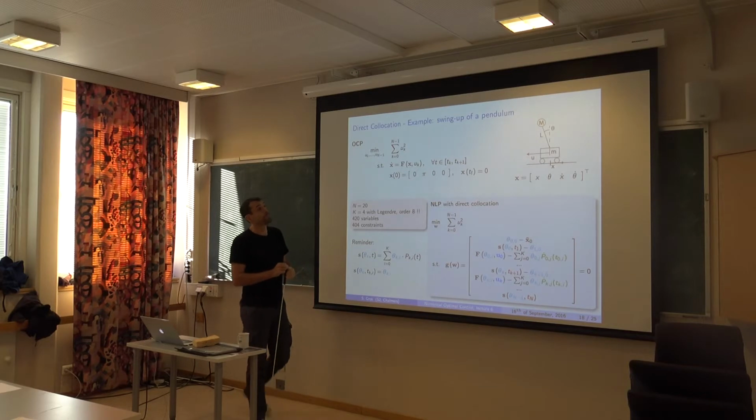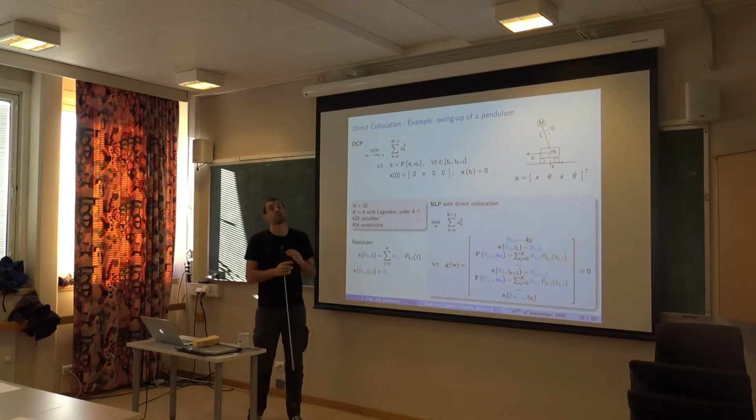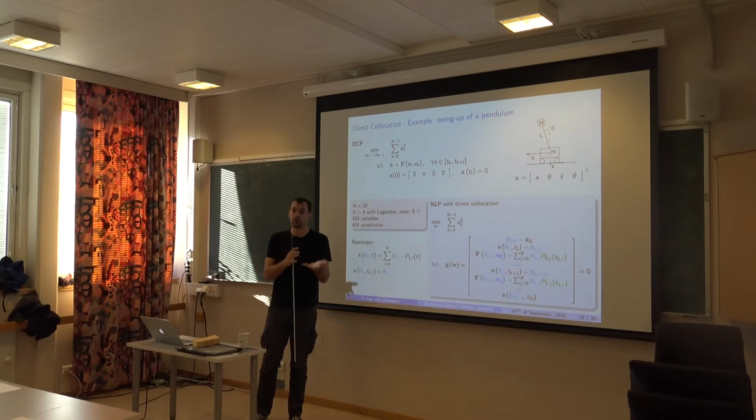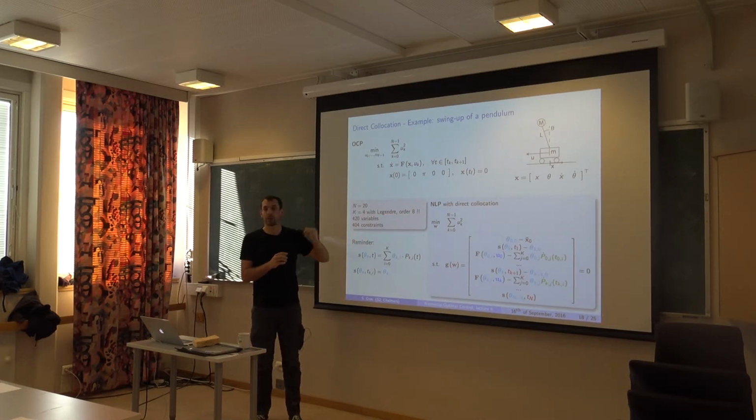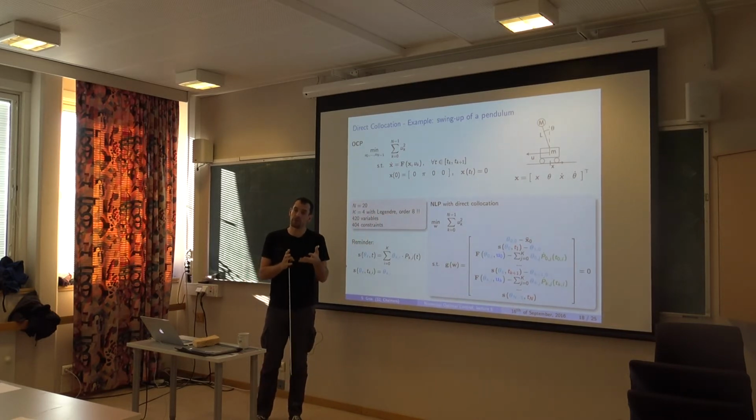Okay, so let's put it that way. If you were to use, say, a quadratic cost on the terminal state as opposed to a terminal constraint, first you would not hit that point, because if you have any other cost than this one, then you make a compromise between the different costs. So you would be a little bit off. So if your goal is to really hit that point, it's good to put that as a constraint